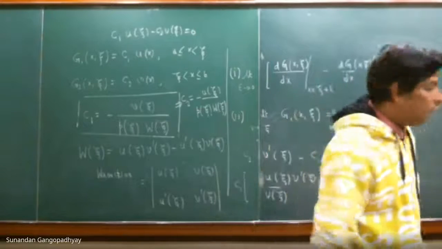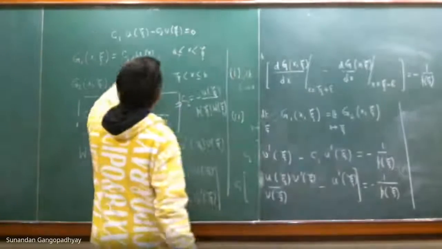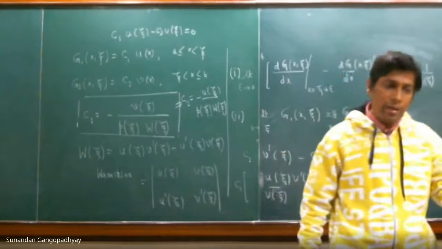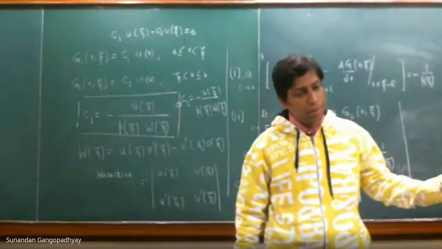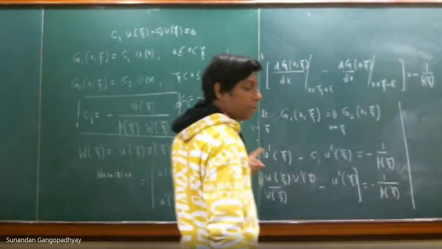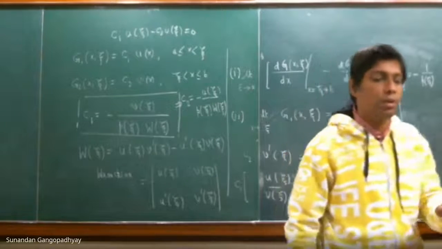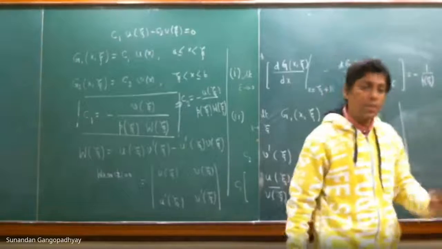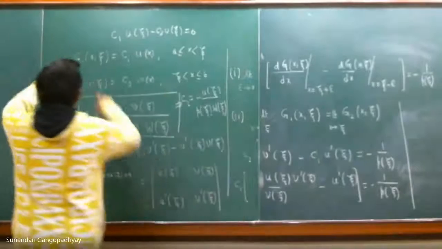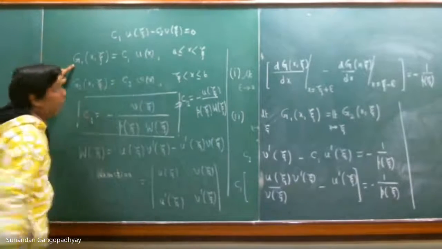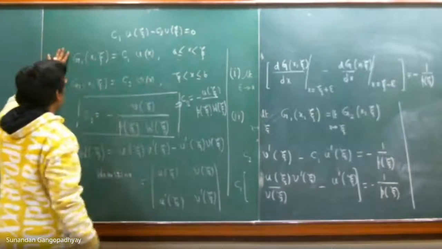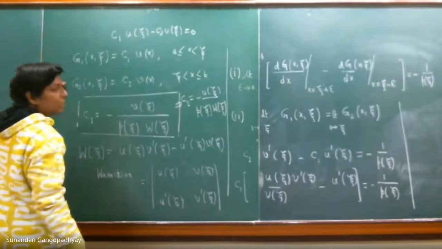Okay. Now we say that let u(x) be a solution of the homogeneous differential equation satisfying the boundary condition at x is equal to a. G1 also satisfies the boundary condition at x is equal to a. And v(x) be a solution of the homogeneous differential equation satisfying the boundary condition at x is equal to b. Similarly, G2 is also a solution of the homogeneous differential equation satisfying the boundary condition at x is equal to b. If this is the case, then you can immediately write that G1 is proportional to u(x) in this interval, and G2 is proportional to v(x) in this interval. So now our task is to find out what G1 and G2 are.